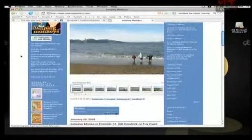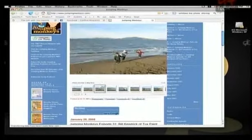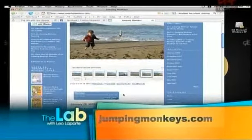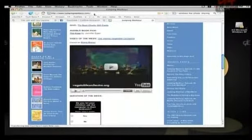So lots of pictures you'll find on here, and you can see she's got a photo sharing. This is called Picto Browser, so she could just embed this into the blog, and you can look at pictures of the kids, which is great. A blog takes a little more effort than doing it yourself. If you're going to do a blog, there are two sites I really like. One is Vox,